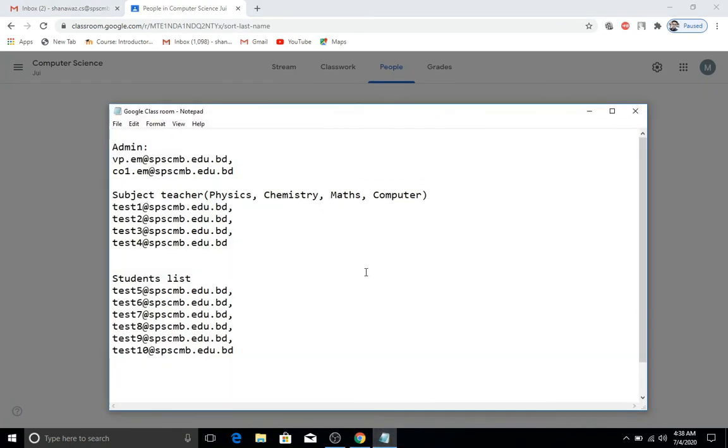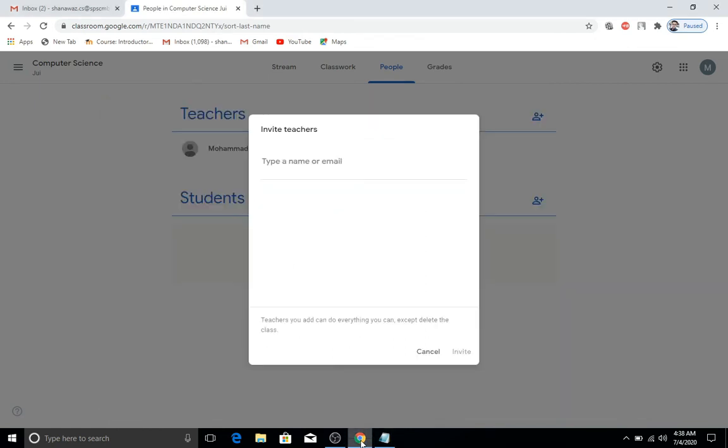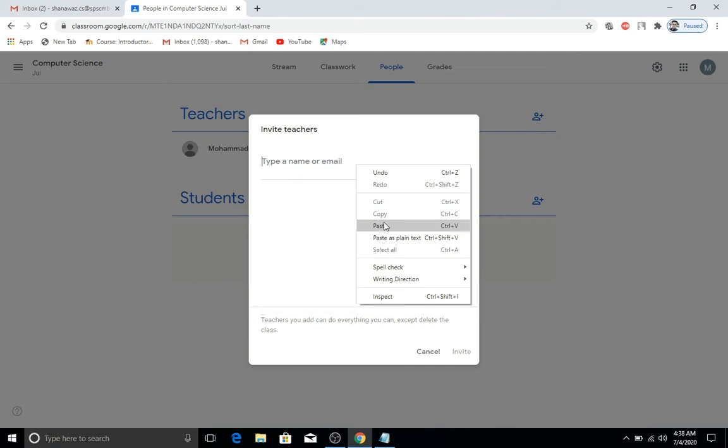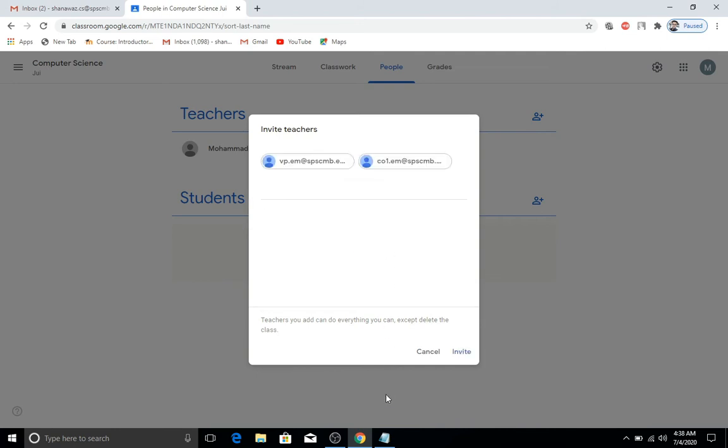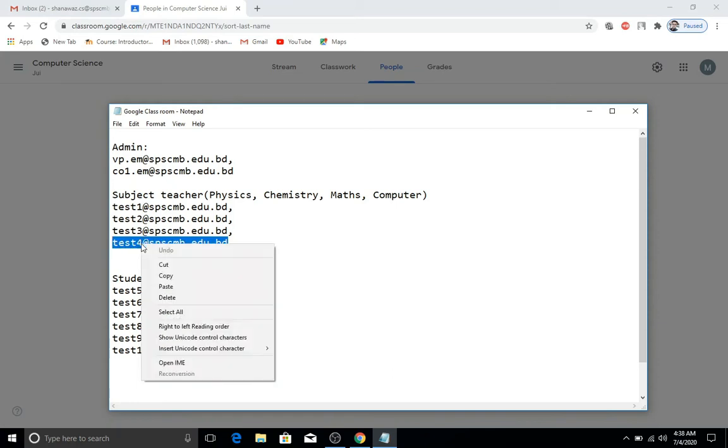I'll go to my text file. I'll bring all admin. I'll paste the email ID. Now for this subject, the computer teacher is the fourth one, so I'll take only the computer teacher here, because this is a subject room.